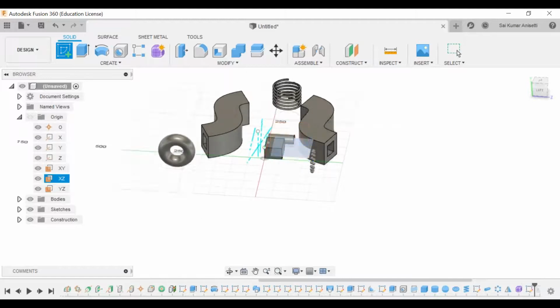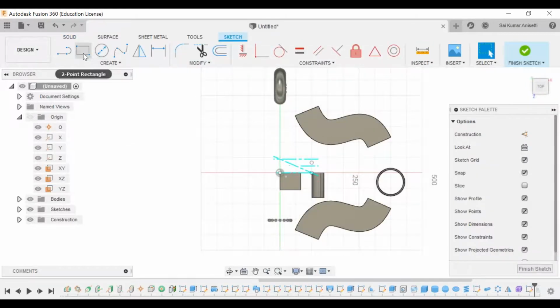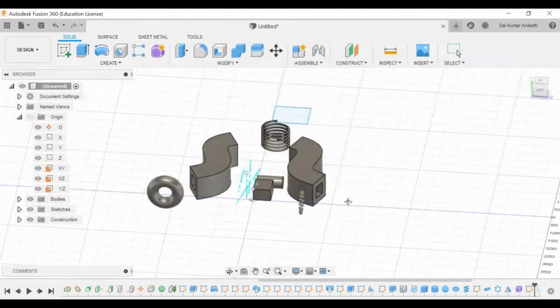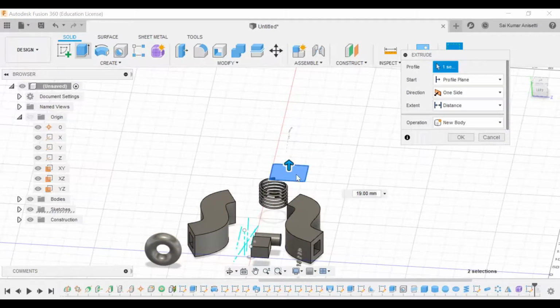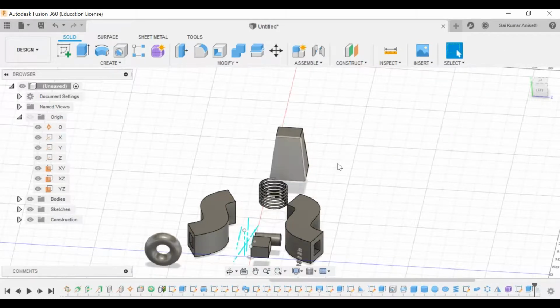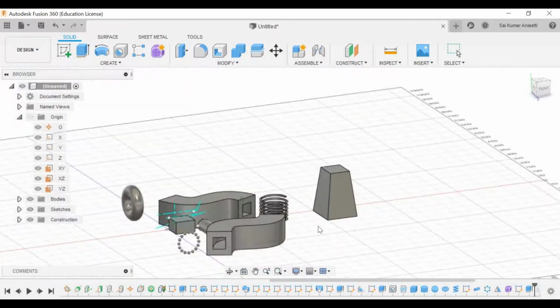Take any plane, draw any rectangle, taper, and you just extrude. You have a taper angle over here itself. Specify that as 7 degrees or whatever it might be. If negative 7 degrees, it will go with negative taper angle. Okay, click OK. That is how you create a simple taper.